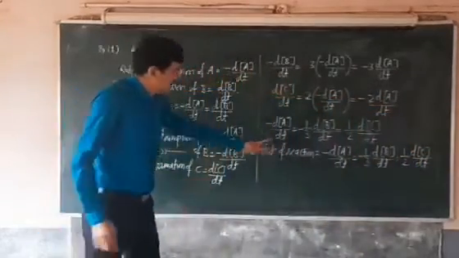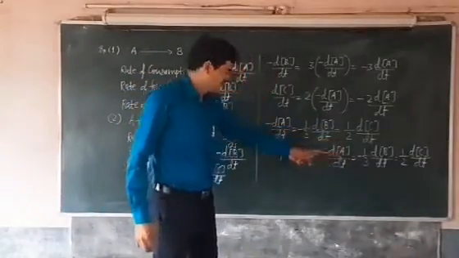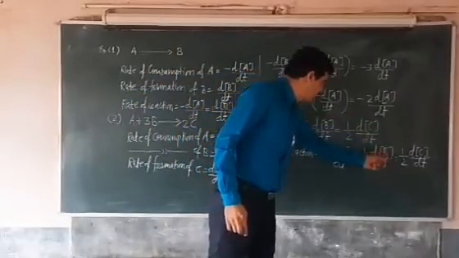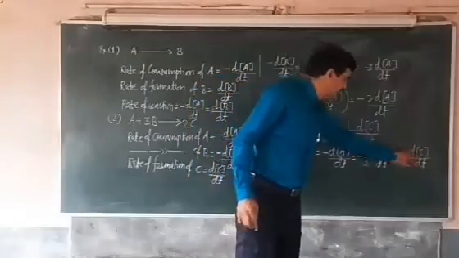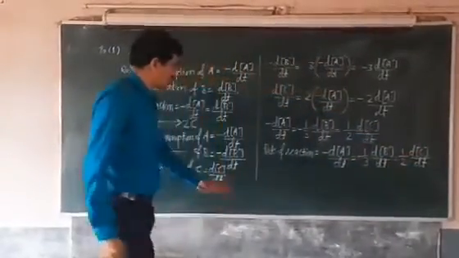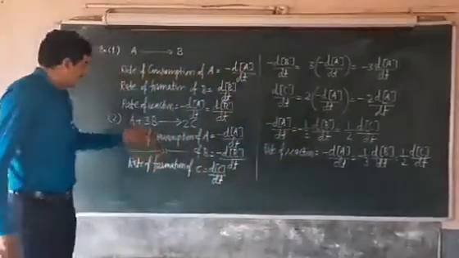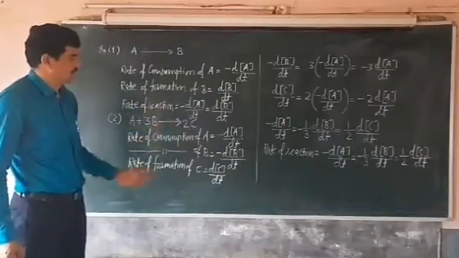So here the rate of reaction can be measured in terms of the concentration of the reactant A. It may also be measured in terms of the concentration of the reactant B, and also in terms of the concentration of the product C. So this is the equation for the rate of reaction for this particular reaction, where the stoichiometric coefficients of the reactants and products are not equal.